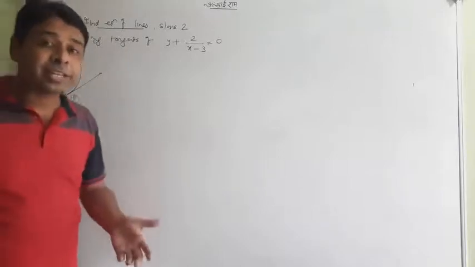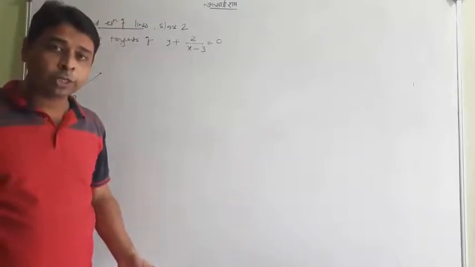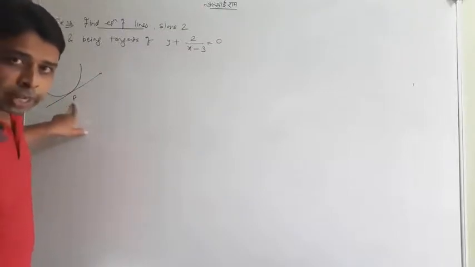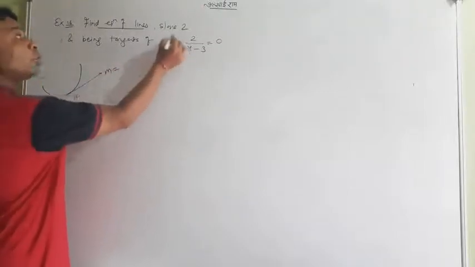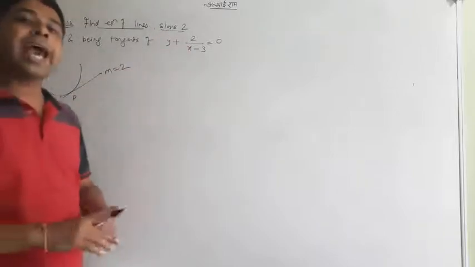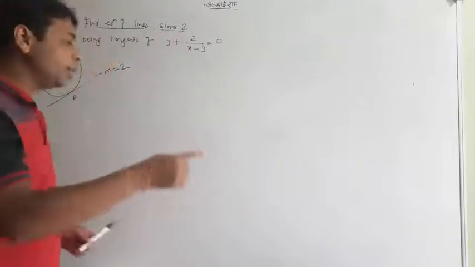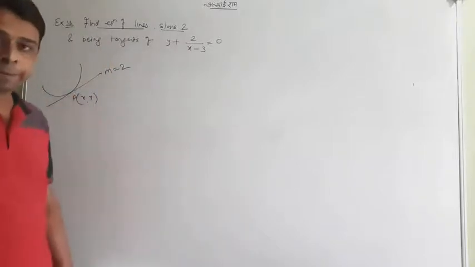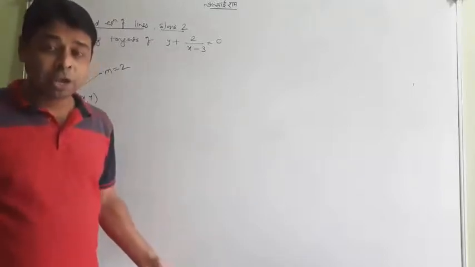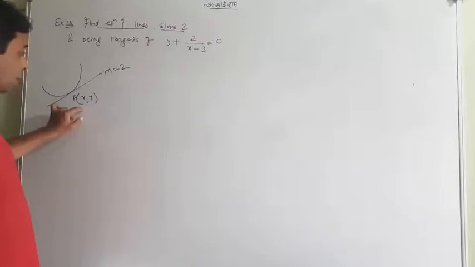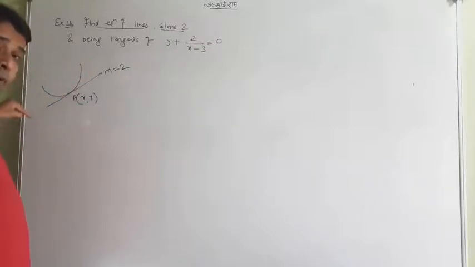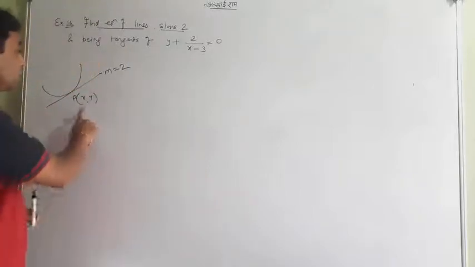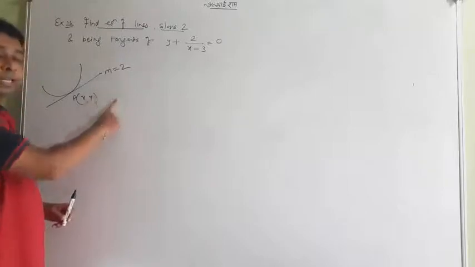And what is the least criteria? In one point form, this line passes through P, which is going to be the point of contact, and with a slope, and very fortunately the slope is given. So what is actually needed is P, the point of contact, which you don't know, and I will call it x and y. So I am trying to find the point of contact. When I succeed in getting the point of contact, then I find the equation of the tangent by one point form easily, because that time we would have the point and m is already there.